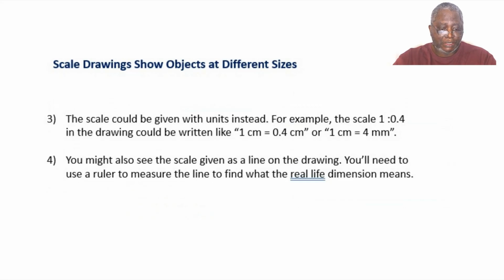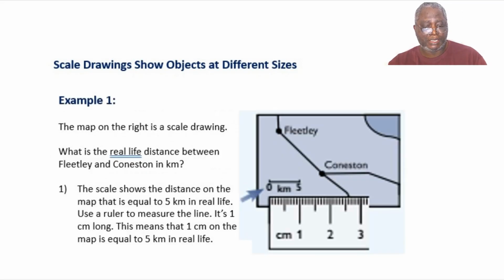To continue, the scale could be given with units instead. For example, the scale 1 to 0.4 in the drawing could be written as 1 centimeter is equal to 0.4 centimeters, or 1 centimeter equal 4 millimeters. You might also see the scale given as a line on the drawing. You'll need to use a ruler to measure the line to find what the real life dimension means. Let's look at example 1